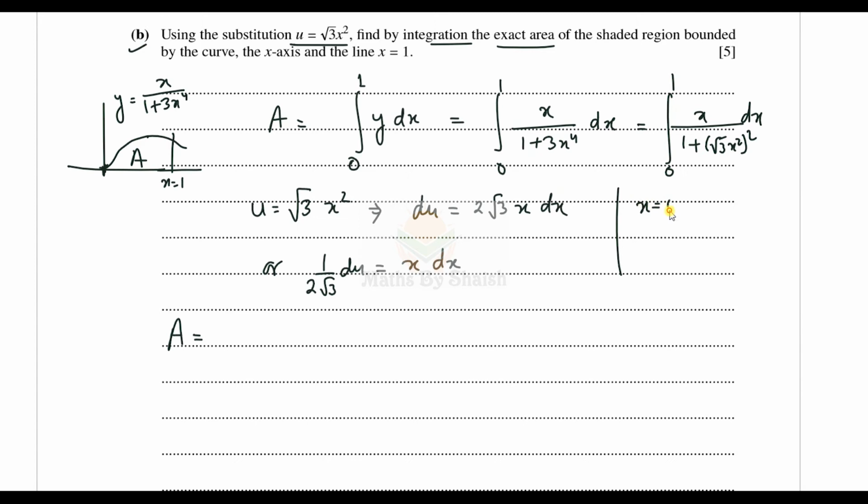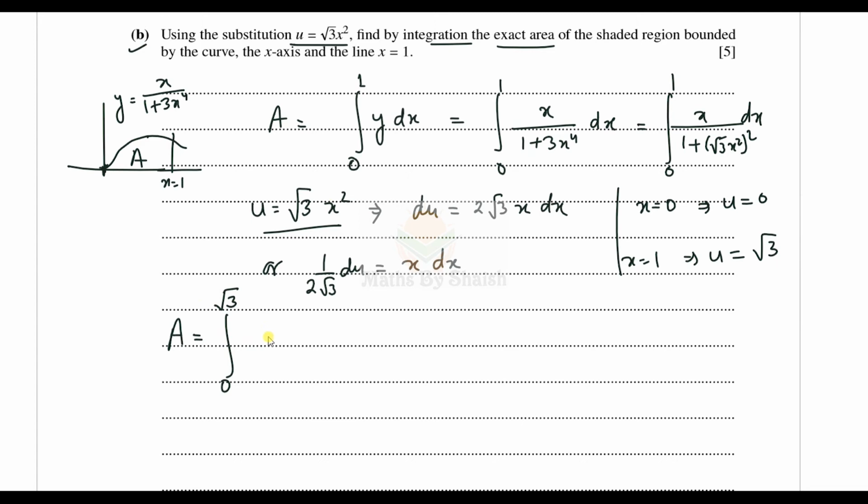When x is equal to 0, u is also going to be 0. If x is equal to 1, then u is equal to root 3. And hence A is equal to the integral from 0 to root 3,